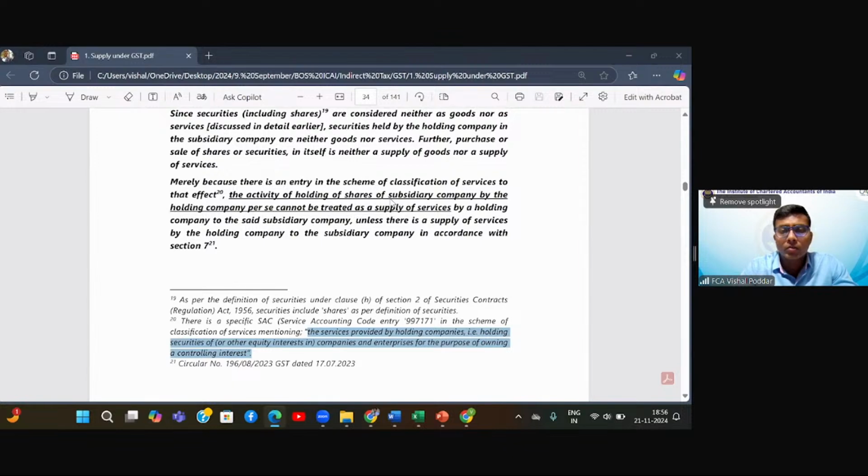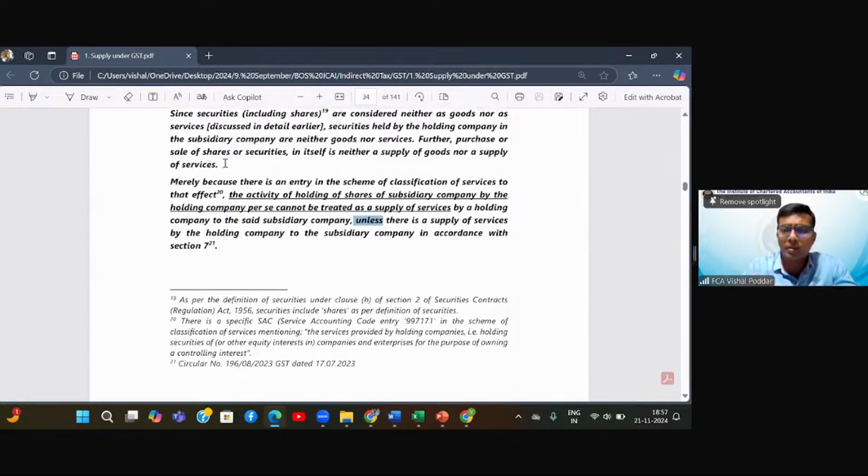There is a word used here in the bold letters, unless. You are talking about this unless. Yes, हाँ, सो बेटा क्या कहना है? उन्होंने कहा है कि ये जो एंट्री सर्विस टैक्स की कॉपी की है ना, जो मैंने नीचे अभी हाईलाइट की थी, वो एंट्री फिलहाल जीएसटी में सर्विस नहीं है। जीएसटी में सर्विस तभी होगा अगर देयर इज अ सप्लाई जो कि सेक्शन 7 में फिट होता है। मतलब जहां पे जेन्युइनली कोई सप्लाई होगा उसे ही हम जीएसटी में सप्लाई और सर्विस मानेंगे। अभी फिलहाल जो ये एंट्री है सर्विस टैक्स से कॉपी की हुई, उसे हम सप्लाई नहीं मानते। दिस इज व्हाट दे हैव क्लैरिफाइड।